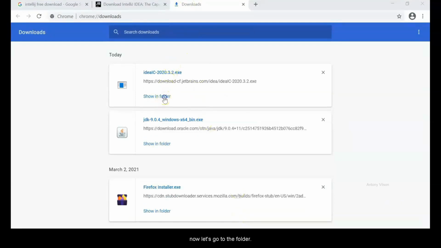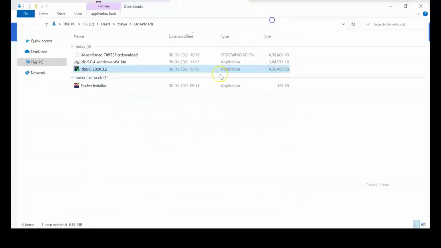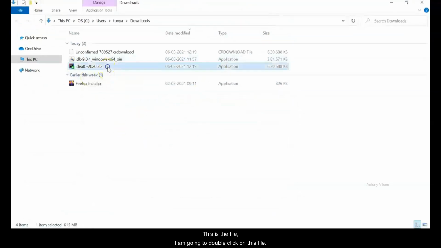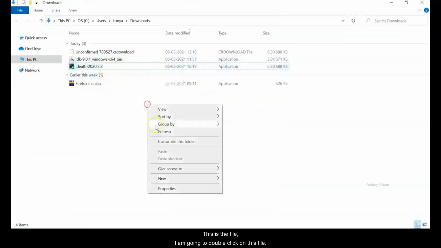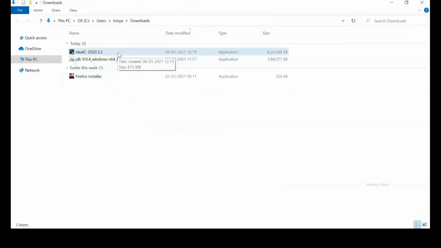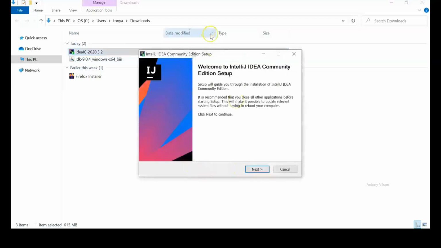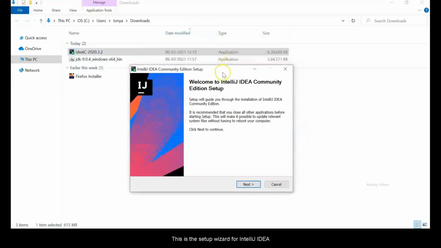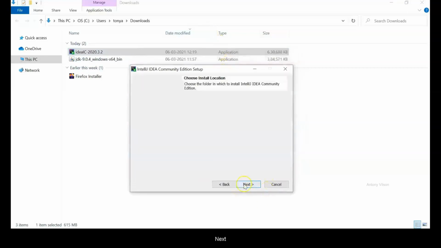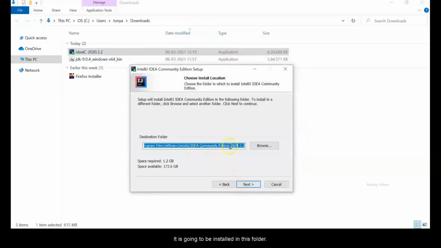Now let's go to the folder. This is the file. I'm going to double click on this file. This is the setup wizard for IntelliJ IDEA. Next, it is going to be installed in this folder.